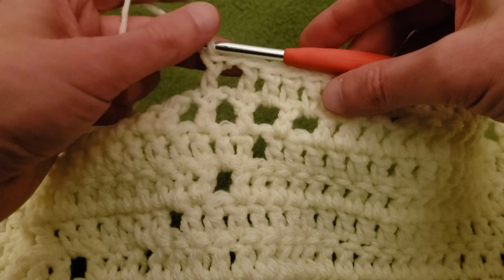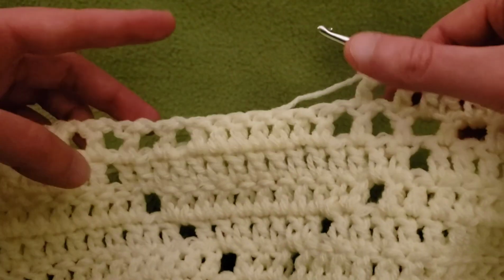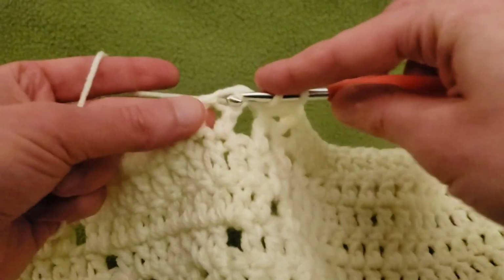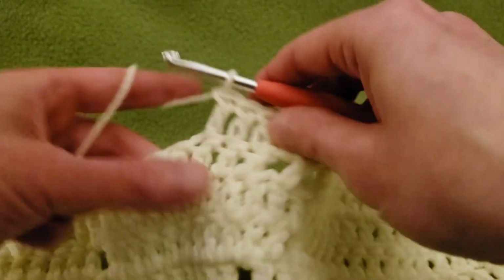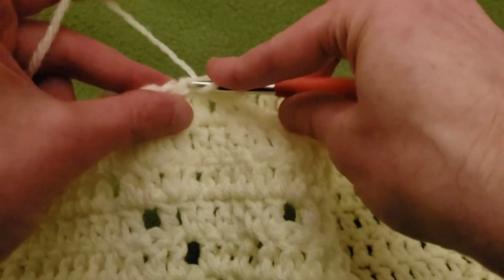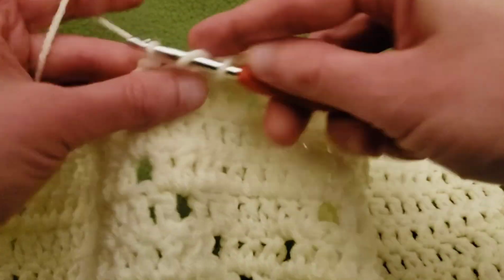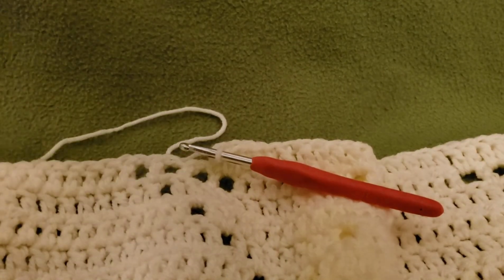to have the diagonal going to the upper right, just like it went to the upper left. Got to have that symmetry going on. Now, for the space in between the trees, it's going to be a total of 11 double crochets. So we already have the 1, 2, 3, 4, 5, 6, 7, 8, 9, 10, and 11. So for the rest of the row, it's going to be alternating between 19 and 11 until we reach